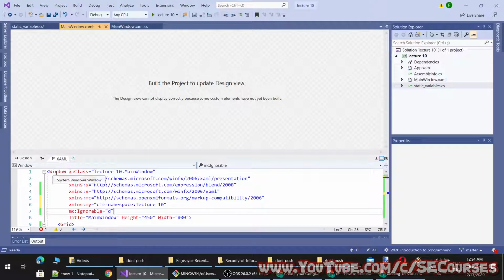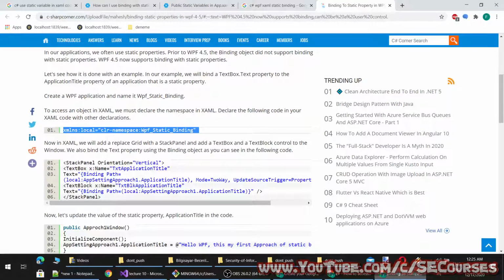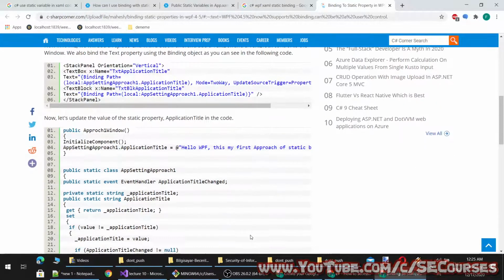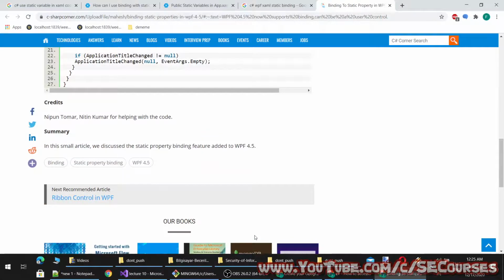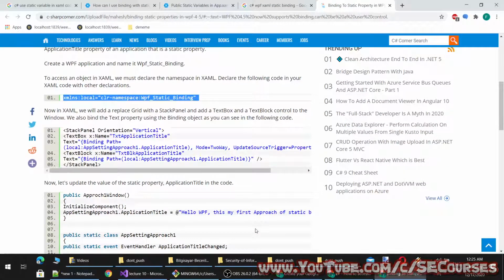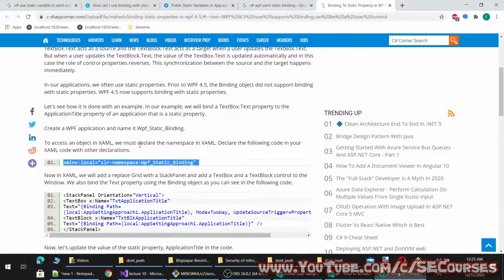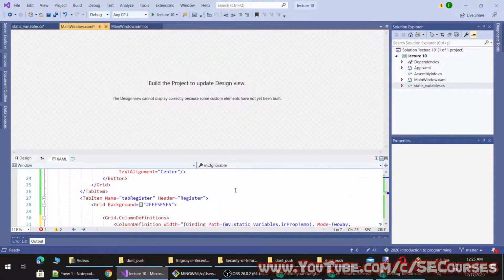This is defined inside the Windows X class. xmlns. Why is it not working?